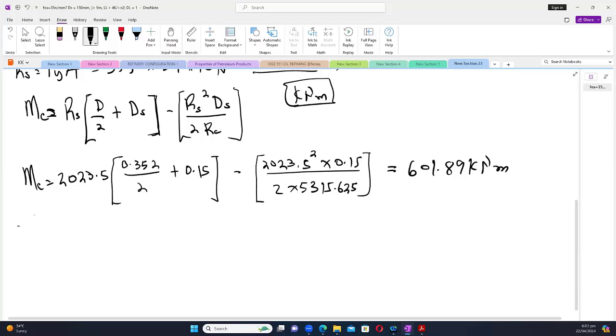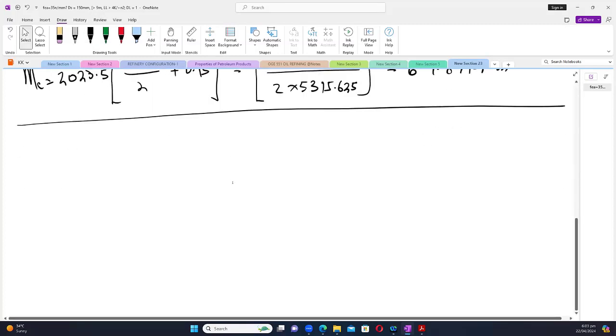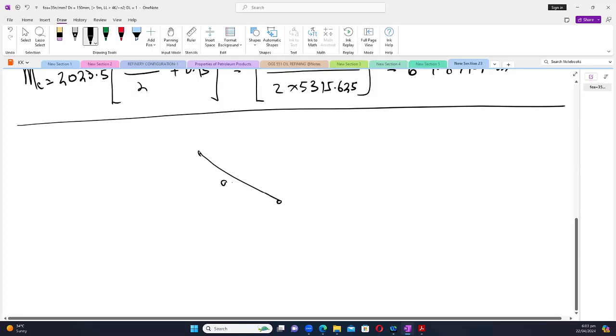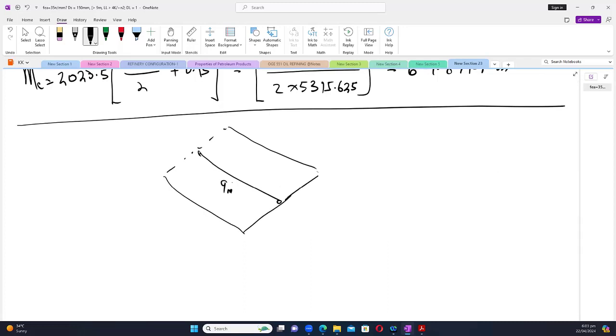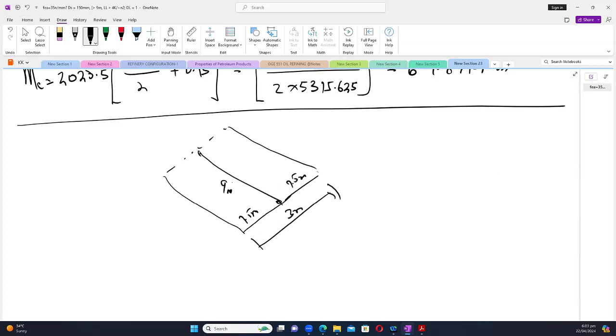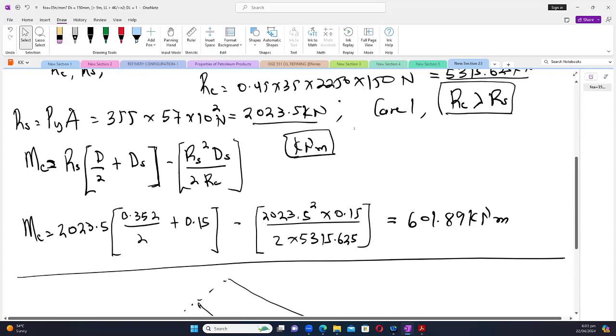So we are done with the kind of bending moment the steel can hold. But let's quickly look at our beam. So this is our beam. It's 9 meters. If it's the loading, the whole of this will be 3 meters, because half is 1.5 meters and 1.5 meters. Okay, so if we start with the dead loads,